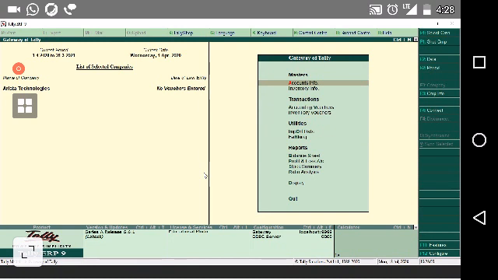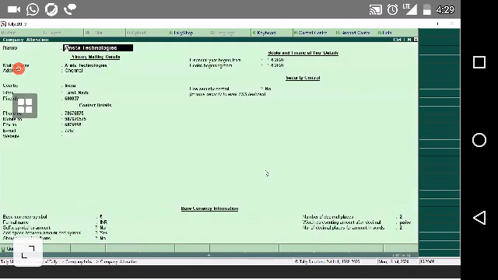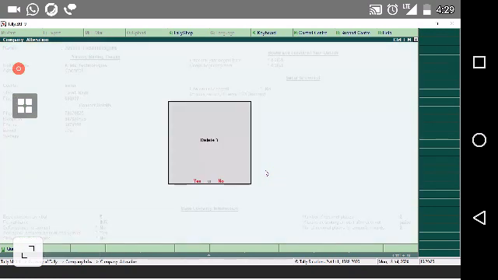Suppose you want to delete the company, I don't want the company, I want to remove it. How can we remove it? Same, go to click company info, select alter, select the company, the screen opens. After that use Alt D. In Tally if you want to delete any item, use the shortcut key Alt D in alter mode. Okay, so Alt D. When I'm going to delete anything, that item should be in alter mode,